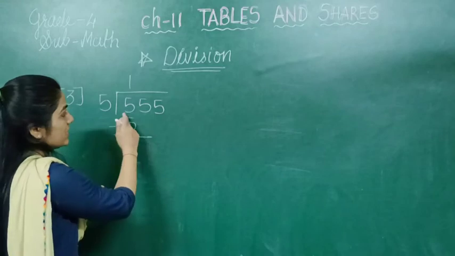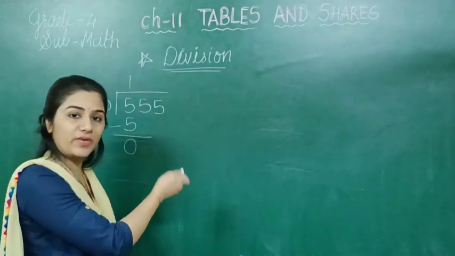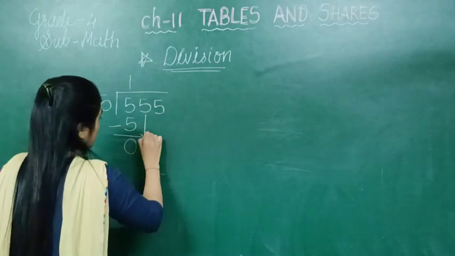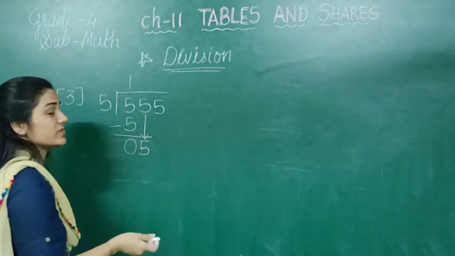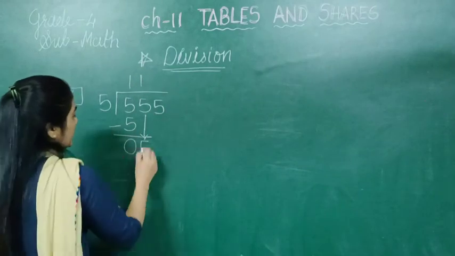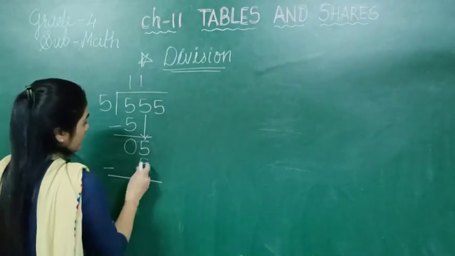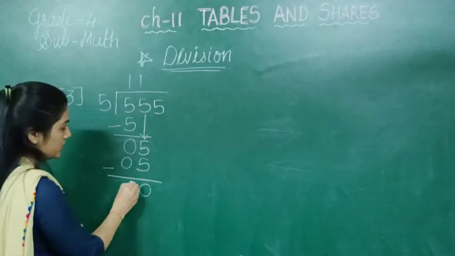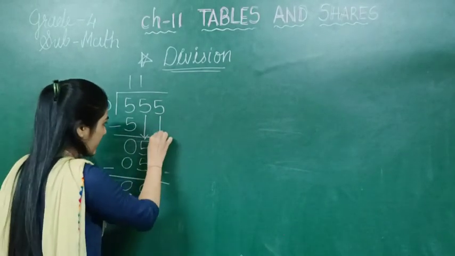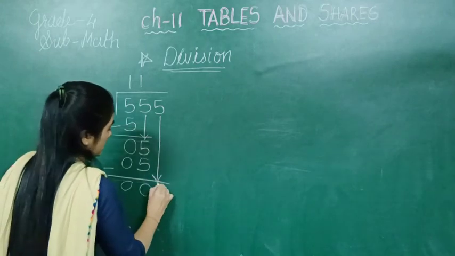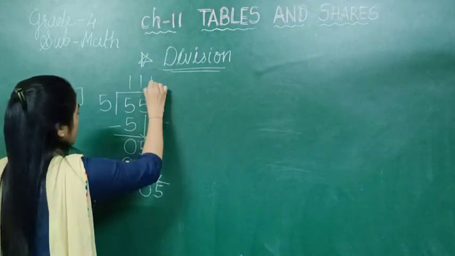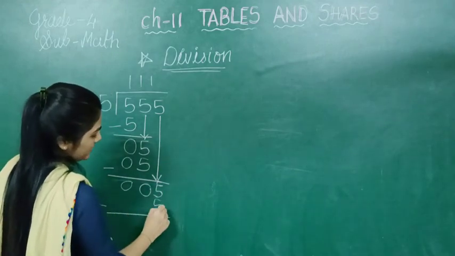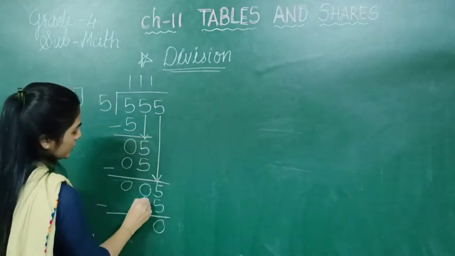See, you can see we are dividing this 555. Now this another 5 we have to keep down. So second time we are writing 5 ones are 5. 5 minus 5, 0, and this 0 you can copy here. Now again the third 5 we have to keep down and 5 ones are 5. So 5 minus 5, 0, this 0 you can copy here.